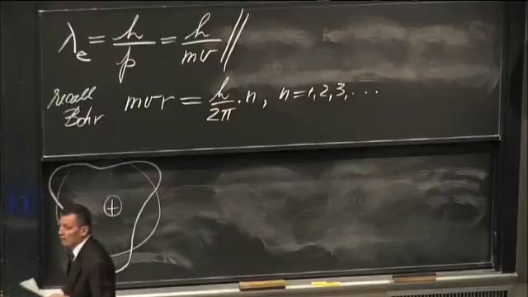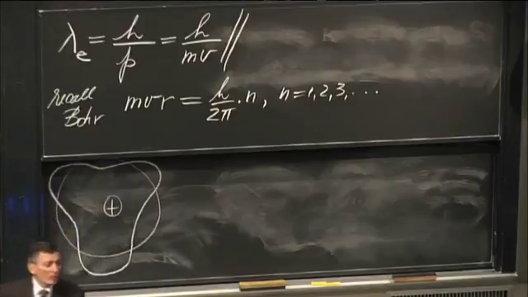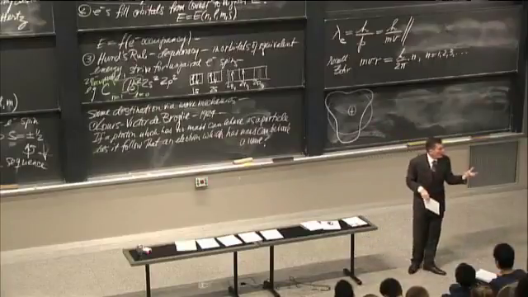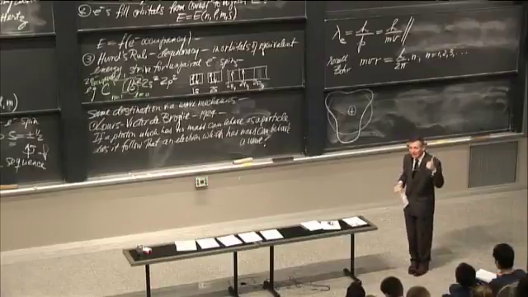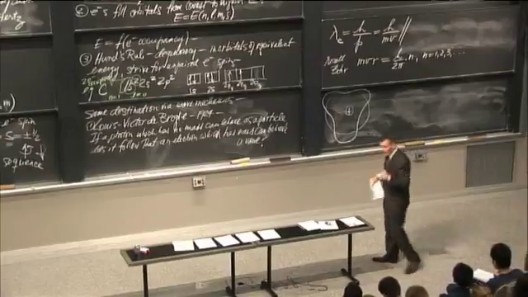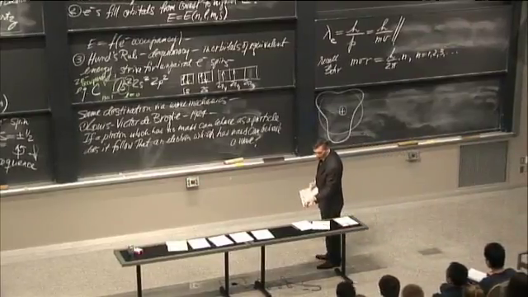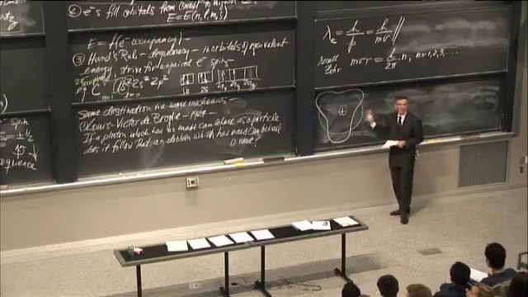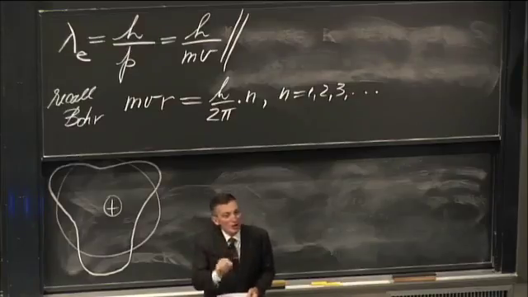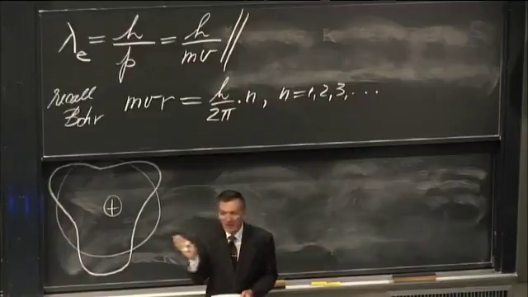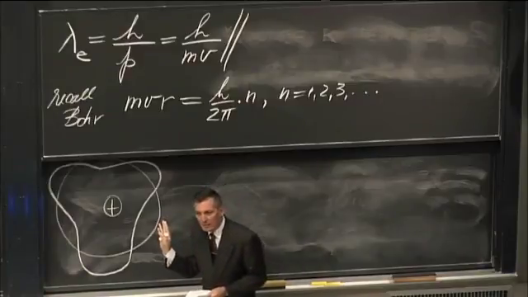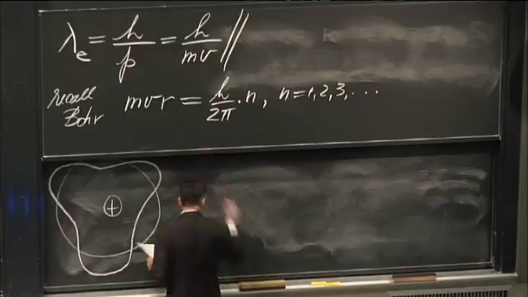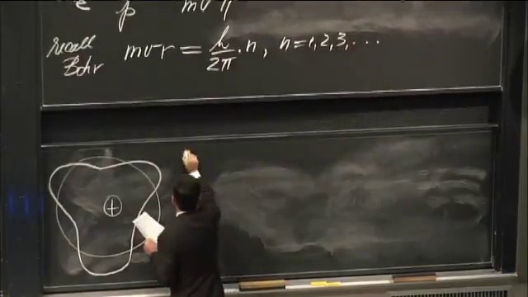Okay. Now, why did I draw it this way? Well, there's two kinds of waves in this world. There's standing waves and there's traveling waves. Now, this orbit it's in, so it better be a standing wave. I think there's a cartoon in the book. Yeah, there you go. Standing wave. So in order for this to be a standing wave, there's a geometric constraint on this. But listen carefully. Geometric constraint. I'm not saying anything about quantum mechanics. Geometric constraint, the geometric constraint